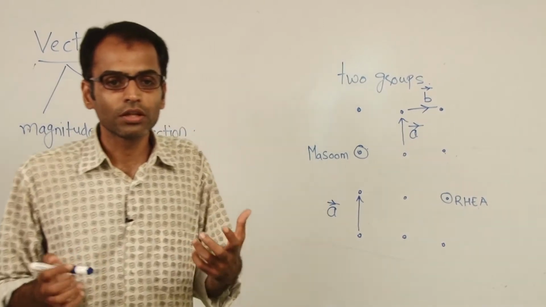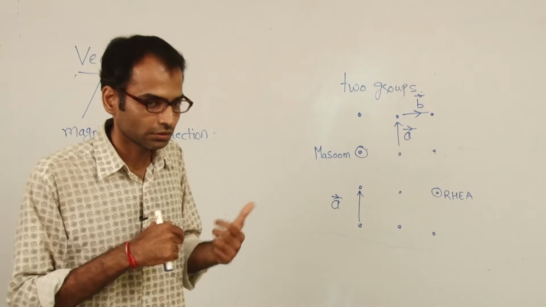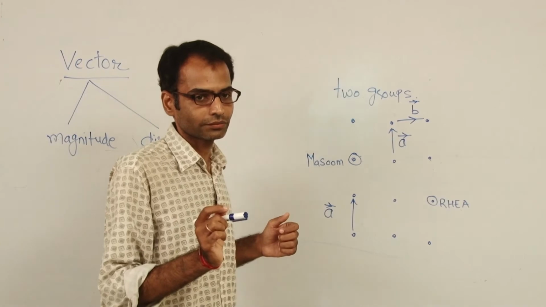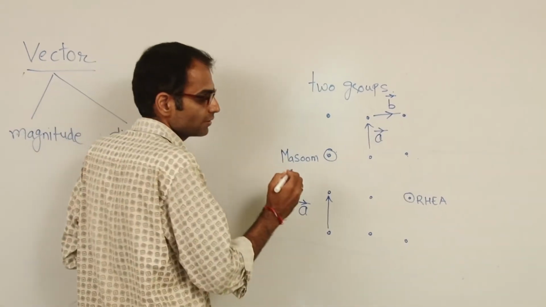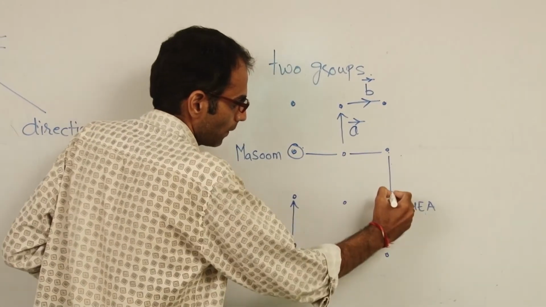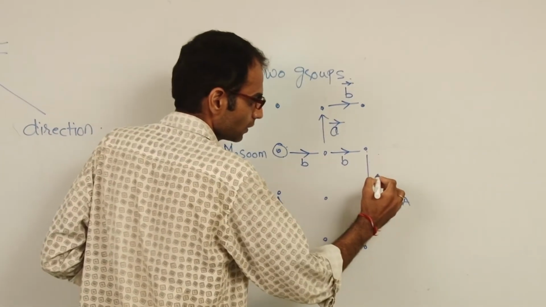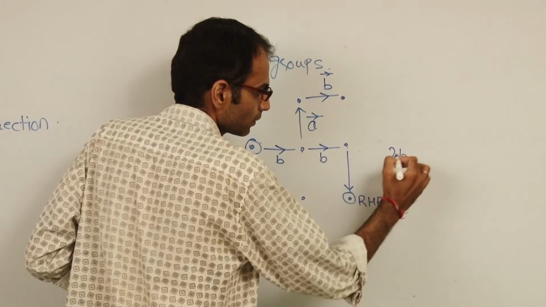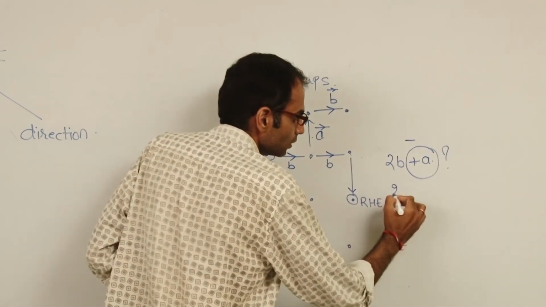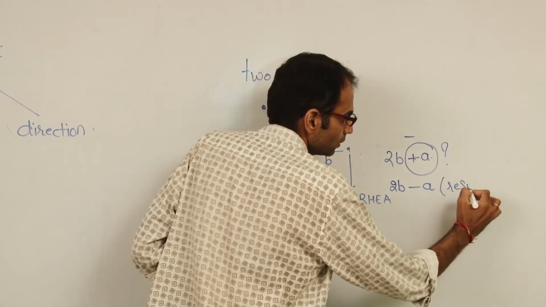What you need to do is you need to just cross each other counting the vectors you are passing by in a particular direction. So for example, when I say Masoom and Rhea, Masoom is going to go in this particular manner. So that is 2B. Then he moves 1 point down. So that is 2B minus A is the resultant